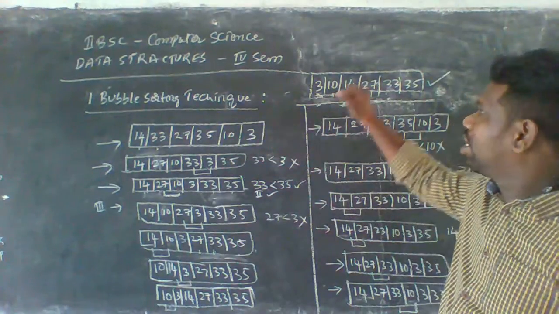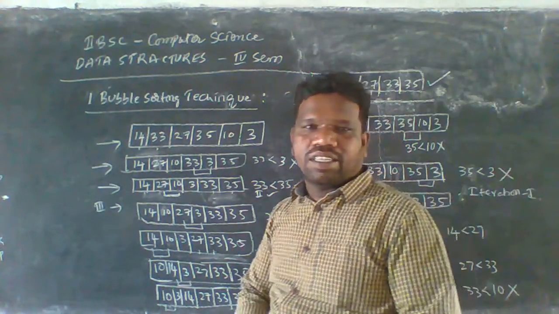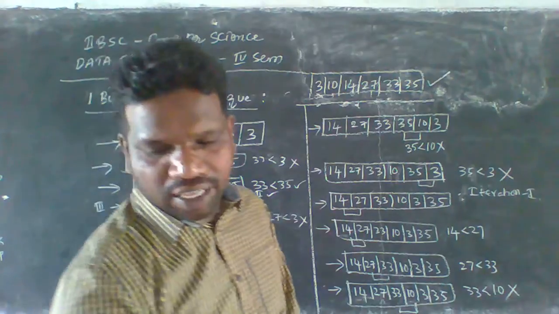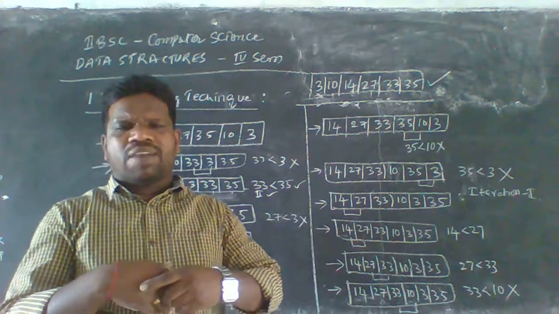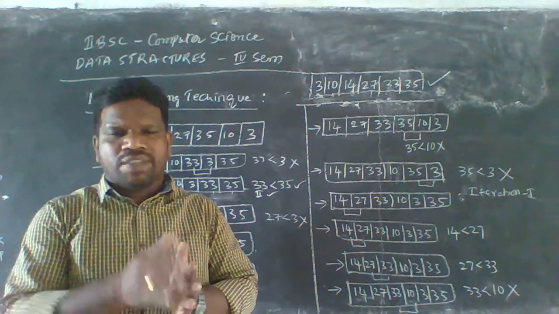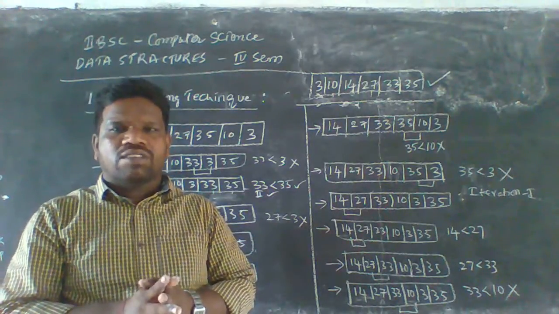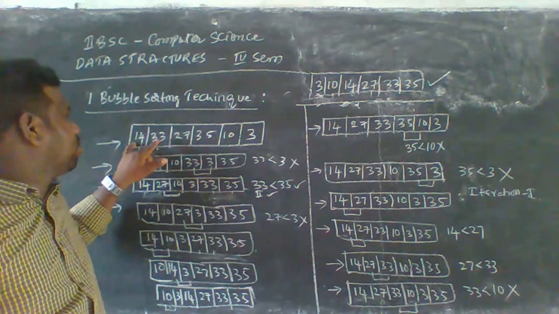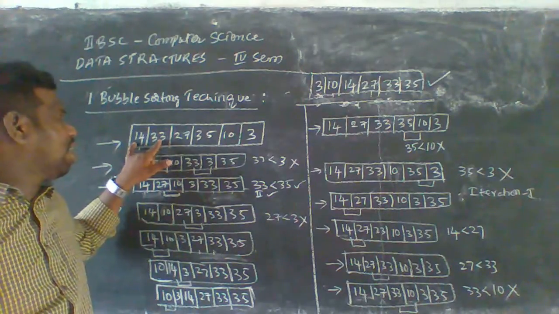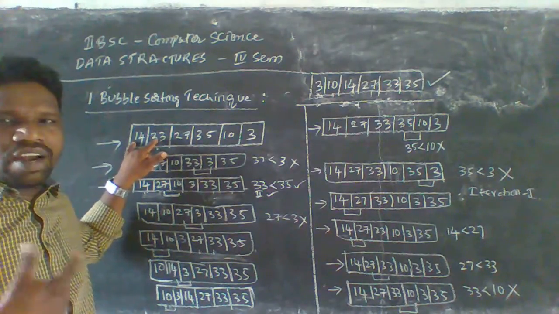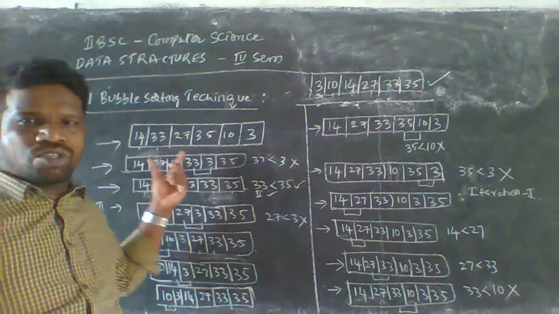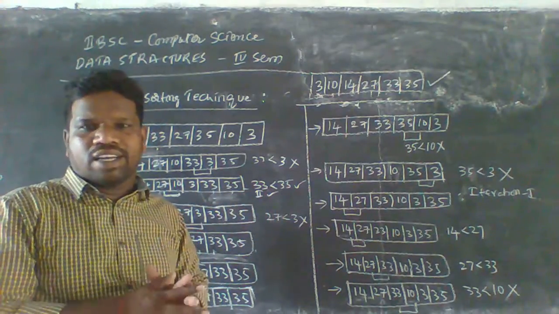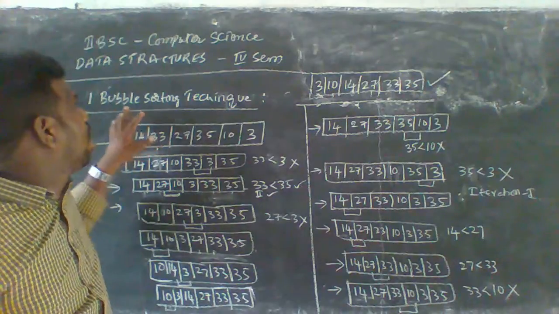Okay, so this is called the bubble sorting technique. This sorting technique is very easy and very understandable for mathematics students. We compare with the sideways values, that means the adjacent values, comparing left values to right values. The left value should be smaller, and the right value should be greater here. If the condition is true, there is no need to change here. If the condition is false, we have to swap the two values from left to right. Okay, this is the process of implementing the bubble sorting technique.